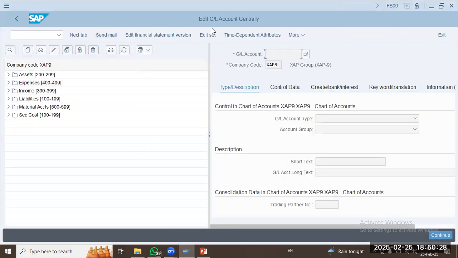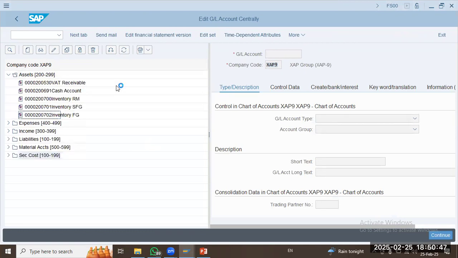Okay, now this is our GL master data transaction. Over here, we have this company code ZAP9, ZAP group that we have just created. And this is the chart of accounts. And in the chart of accounts, we have various GL account heads. For example, inventory, raw material, cash account,